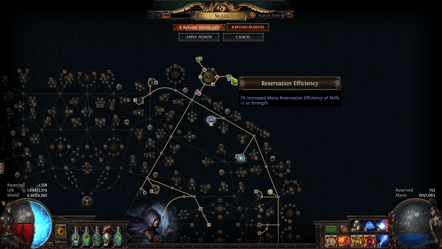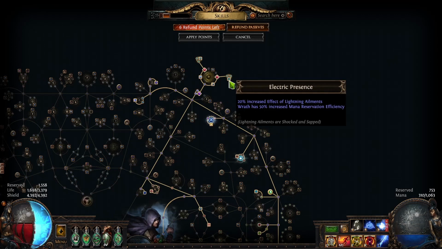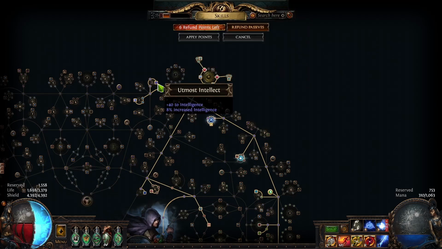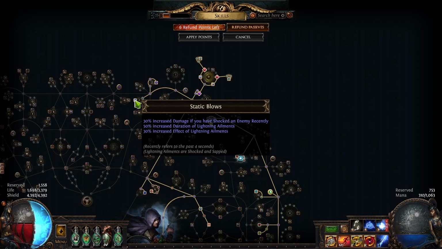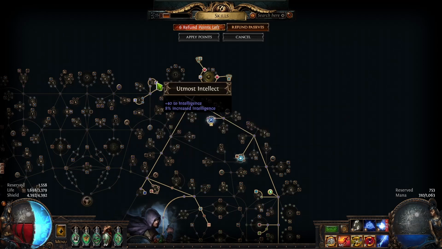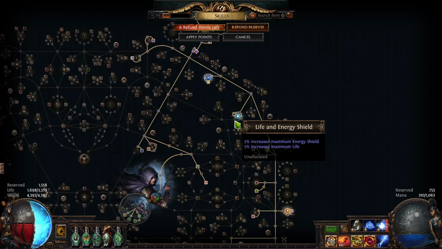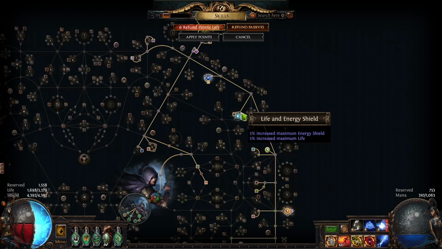And this is just because I need the strength. Oh, and that happens to also have, that's a good cluster jewel. Also happens to have 25% increased effect. Very nice. Getting the intelligence. I'm not sure this node is worth it, but my shock is extremely low. And my intelligence, I think this boosts a ton of ES. Pathing back over this way. I would like to be able to get this, but I needed that node for something else. Actually, I could probably...